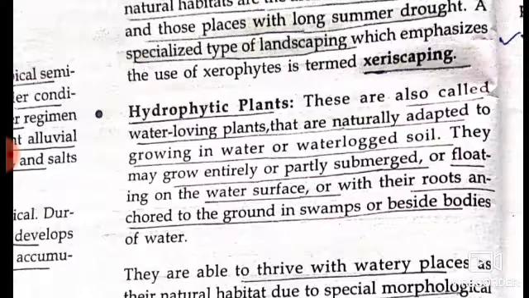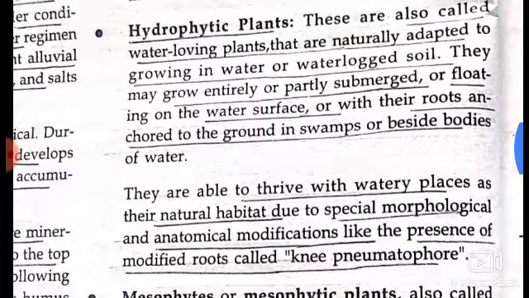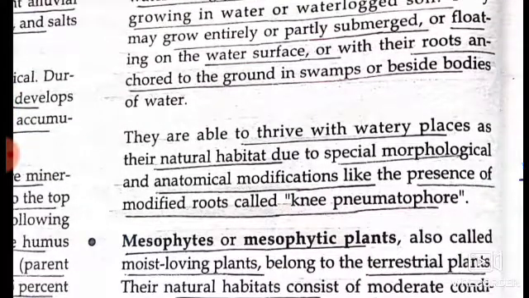They may grow entirely or partly submerged or floating on the water surface, or with their roots anchored to the ground in swamps or beside bodies of water. They are able to thrive with watery places as their natural habitat due to special morphological and anatomical modifications like presence of modified roots called